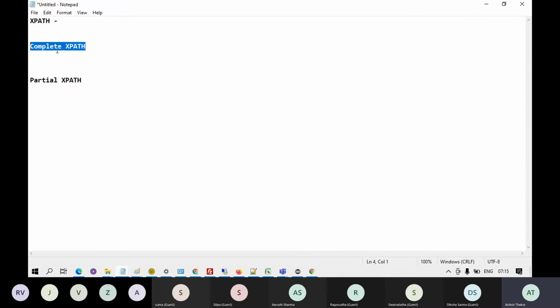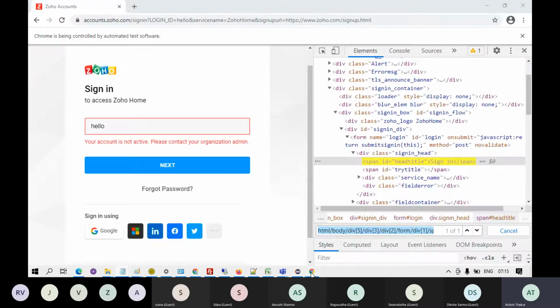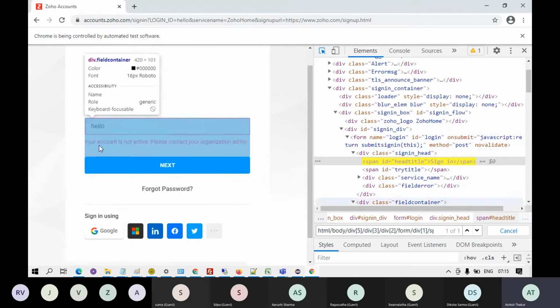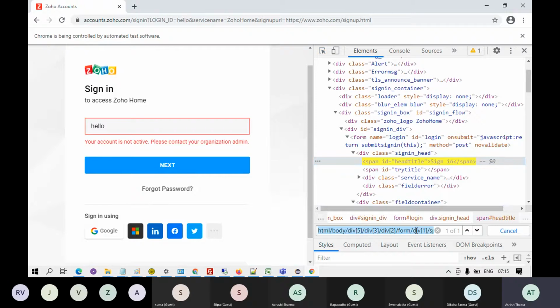Alright, you don't need to create the complete XPath the way I did for every element. You can get it from the browser as well. You can simply go to the browser and say I investigate the element sign in, right? This is the sign in element.